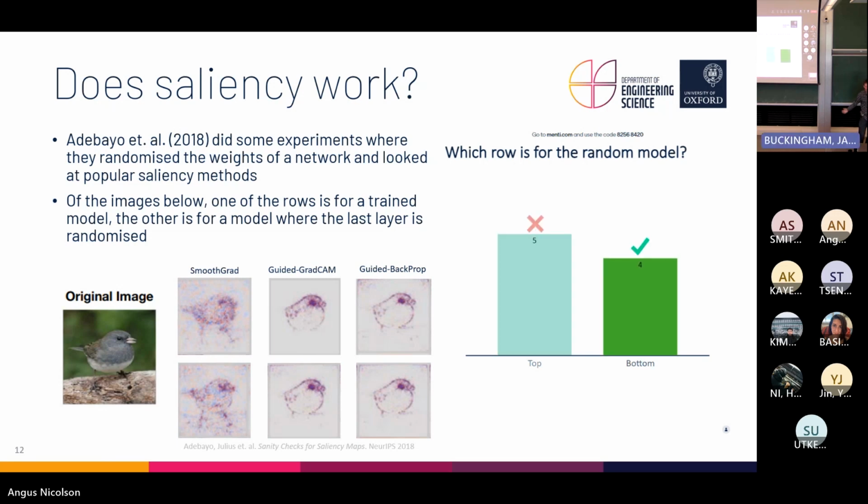Cool. That proves the point perfectly. You were split evenly about which one you thought it might be, right? So you can't really tell the difference between the model that was really good and the model that is essentially random. So there's something that's a little worrying for an explanation method that maybe wants to help us debug, for example. If there's no link between the model's outcome and behavior to the explanation you're getting, how can you use it to debug your system?